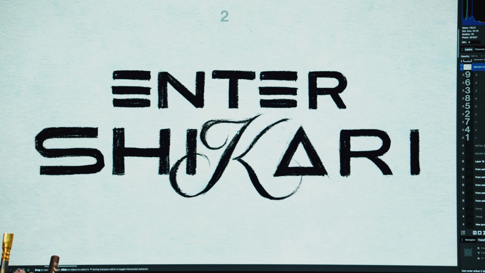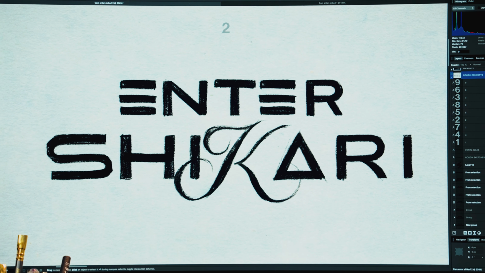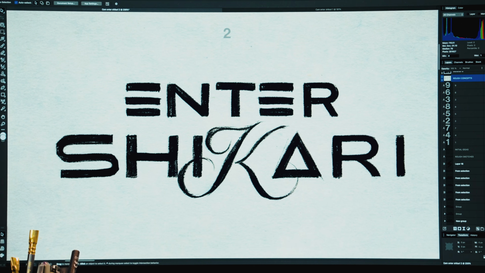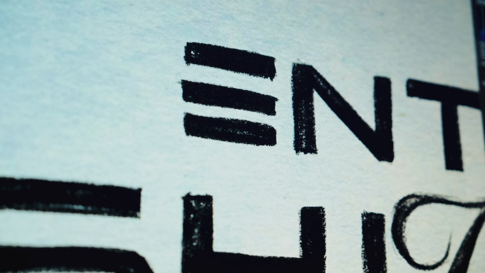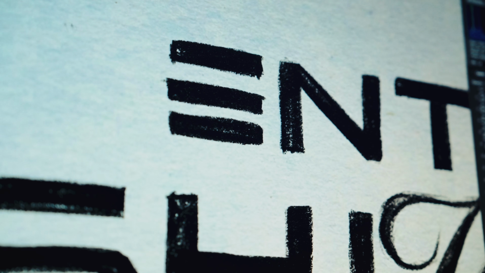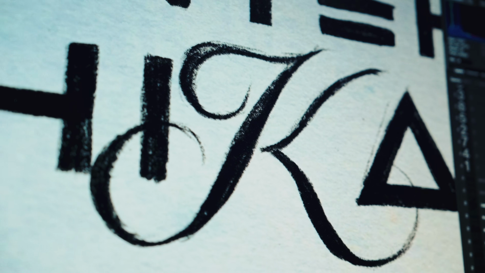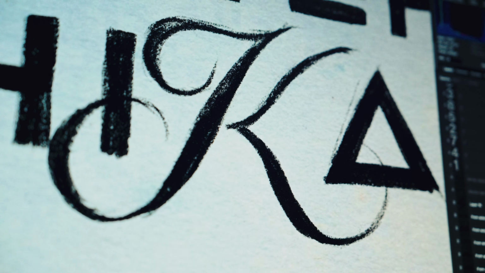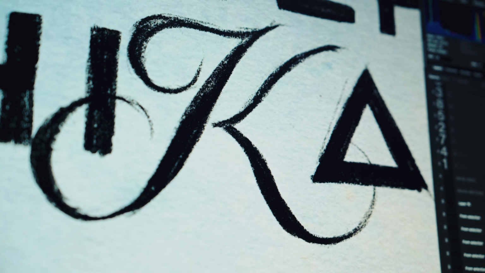I quite liked the way that it was different. It was kind of old school as well. The second version here, number 2, was one of my favorites just because it felt so centered and quite futuristic. And again, this is just sketches at the minute. At the beginning, all we do is sketches before we spend time on the design and vectorize it. With this, I love the idea of the E being super minimal, quite wide tracked, and for the K to be some sort of ornamental K. It just breaks it up slightly, with the A also being in a geometric triangle.